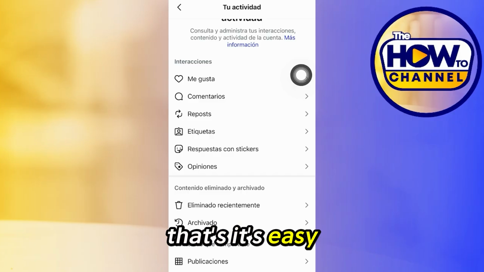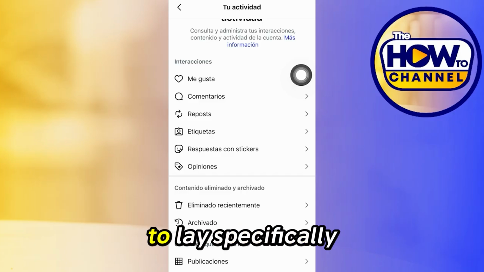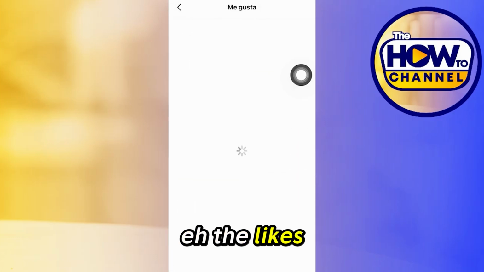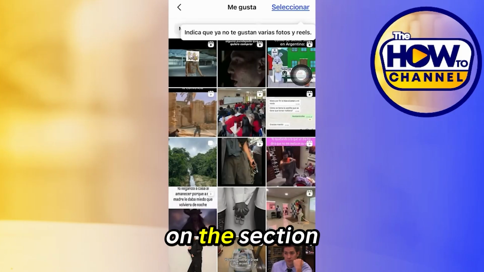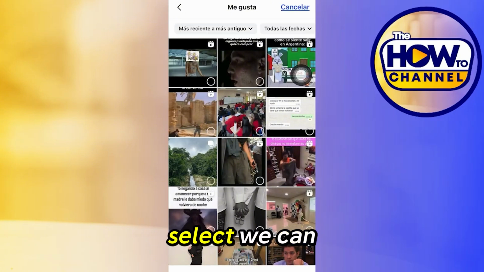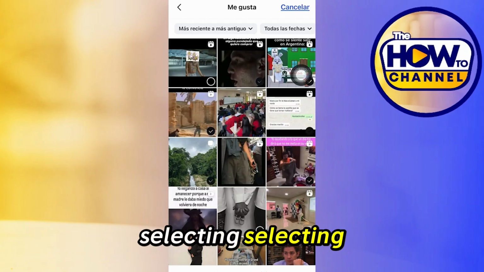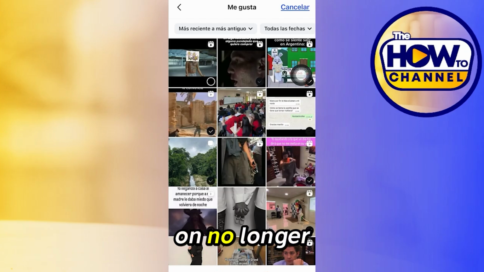That's easy. In this case, we want to delete specifically the likes. We are going to click here on the section of likes and we are going to click on select. We can go selecting, and here we're going to click on unlike, which is located at the bottom of the screen. In this way, we are going to click on unlike, and this is no longer going to